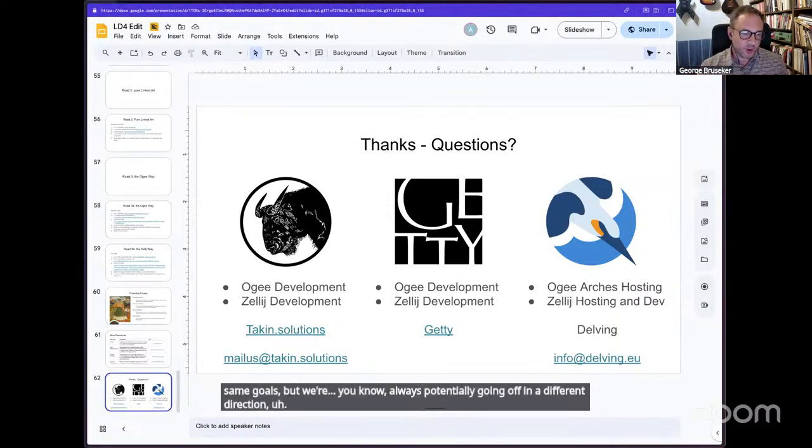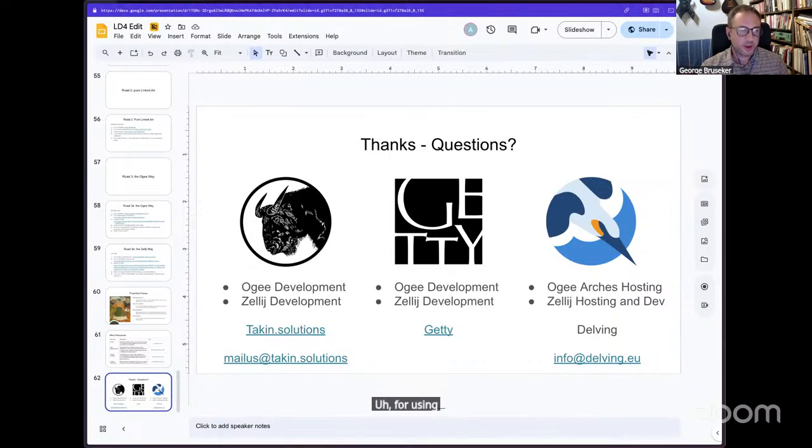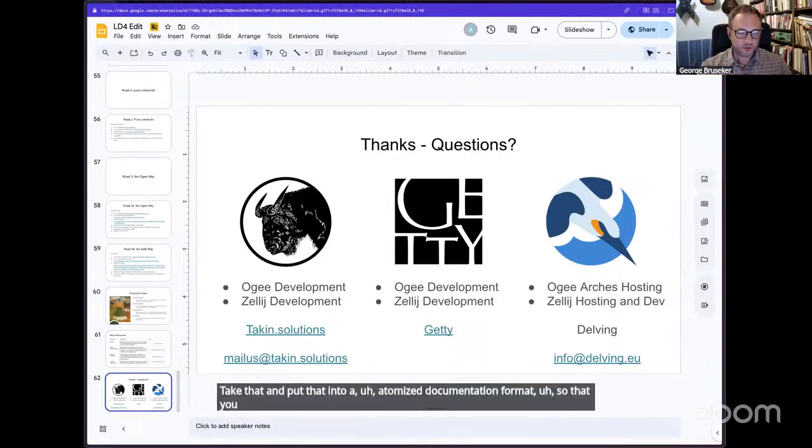When Linked Art started stabilizing some important and useful patterns for using CIDOC CRM, it made sense to put that into an atomized documentation format so that you could solve the easy problems really quickly.